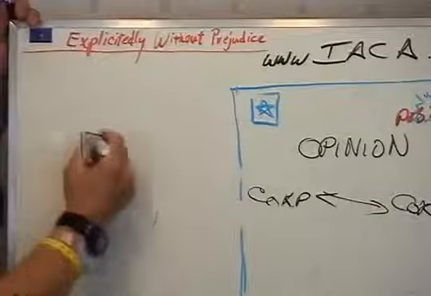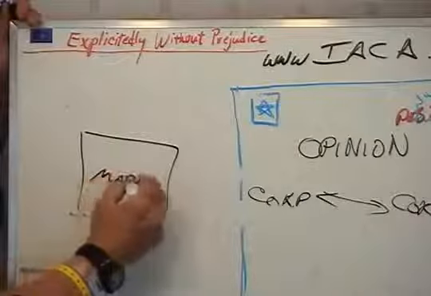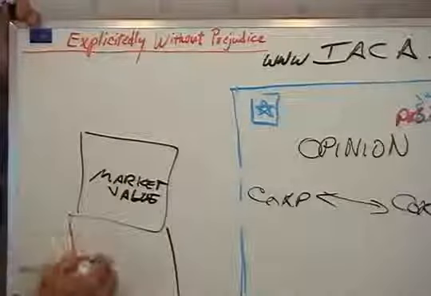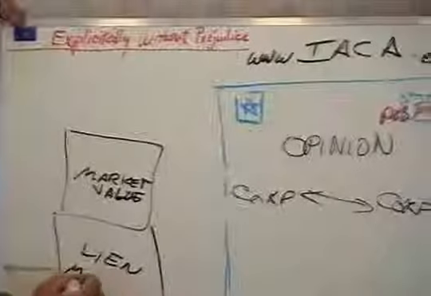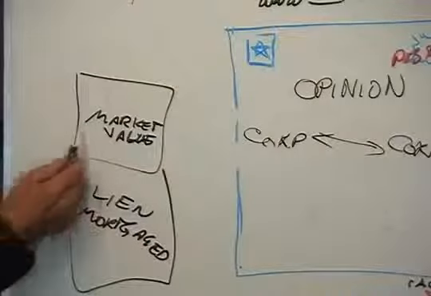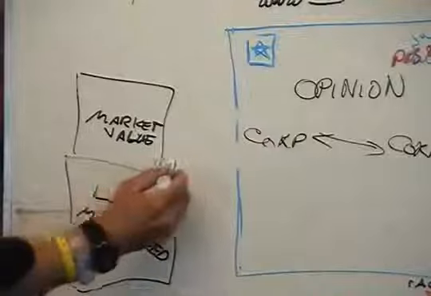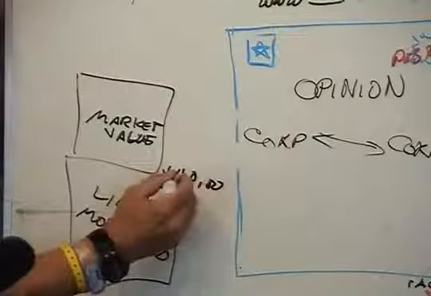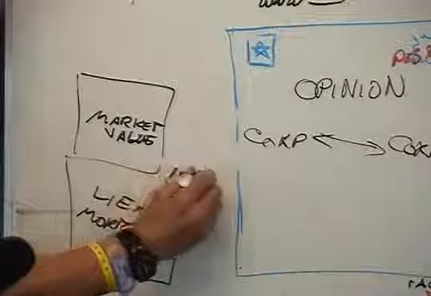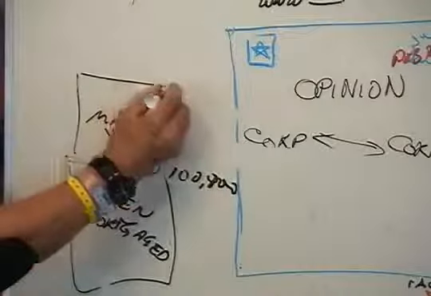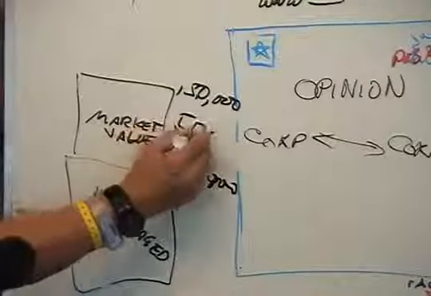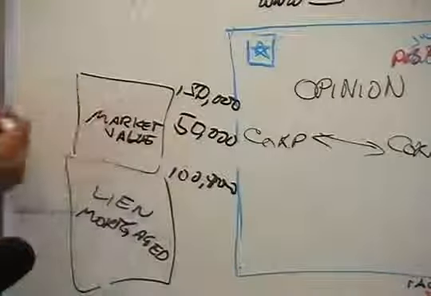Okay, what is the equity? Equity is, this is market value of the property, and this thing down here is the lien portion of it, or mortgaged. Down here. The increase in market value here is known as an equity. You buy for $100,000, and this thing goes to $150,000. When you sell, you get the difference. You get the $50,000. That's the market value. So this is the equity.